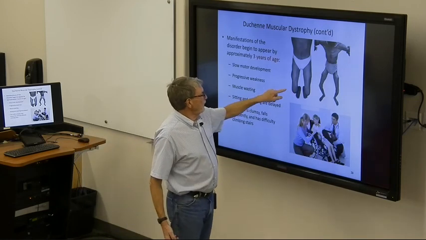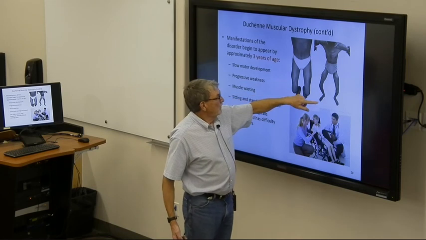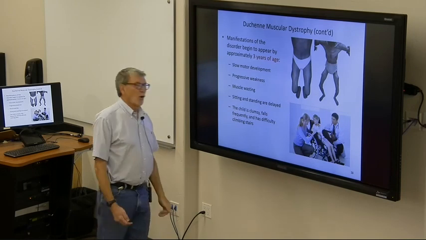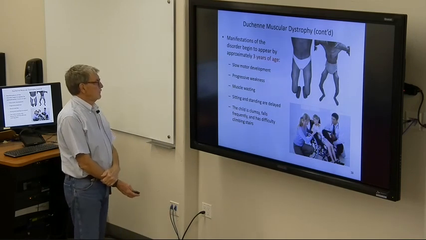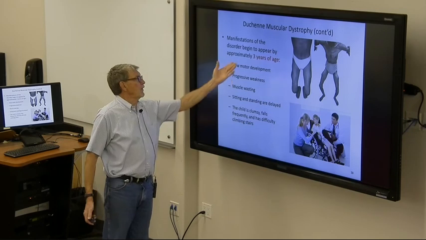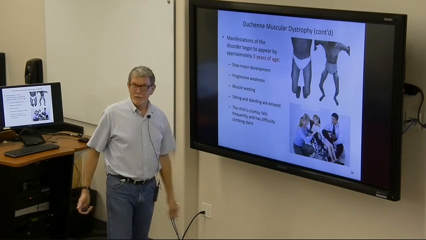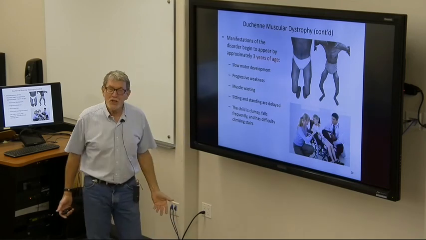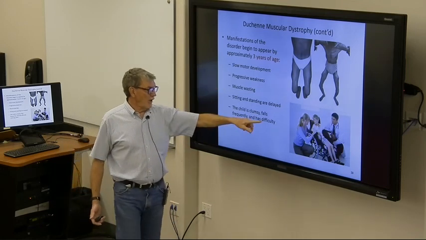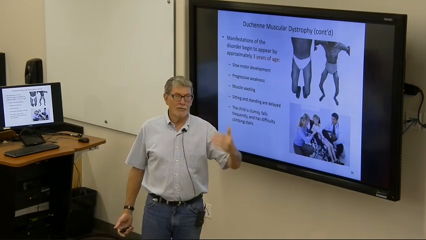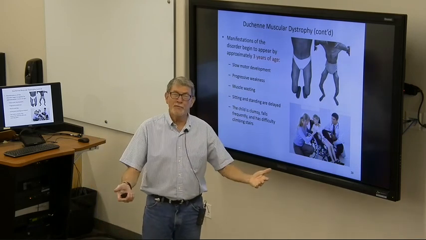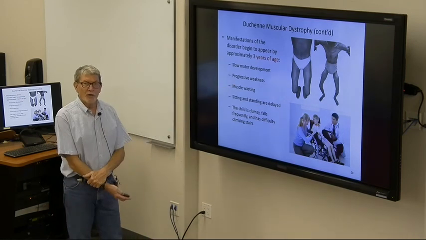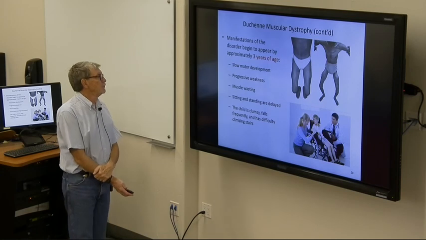Muscular dystrophy, loss of muscle, complete muscle wasting. This kid already is in a wheelchair. A lot of times they don't find out the kid has it until they're at least 2, because before that they wouldn't be doing much anyway. But by the time they are missing a lot of markers of where they should be physically, by age 2 or 3, it becomes obvious enough to be diagnosed.